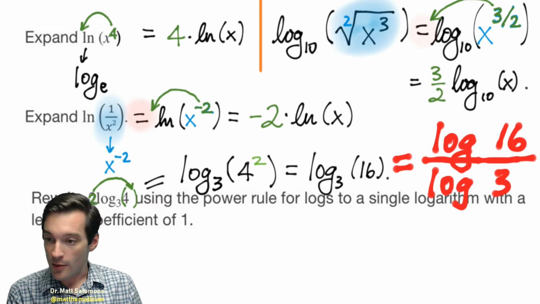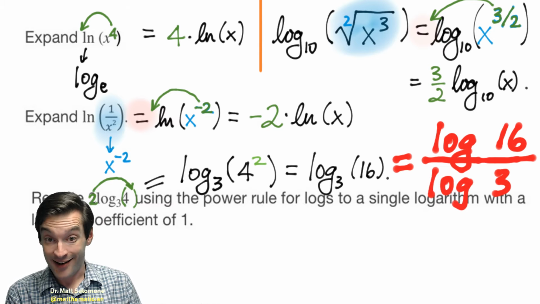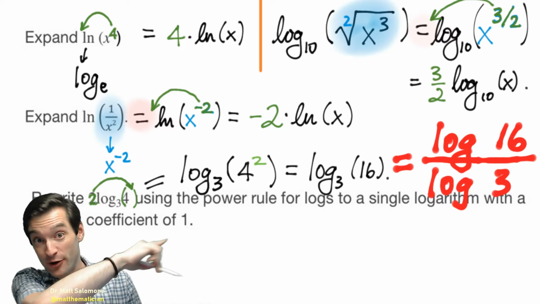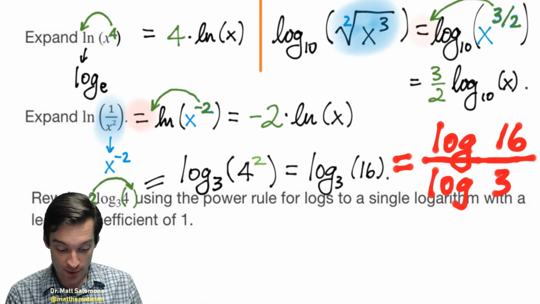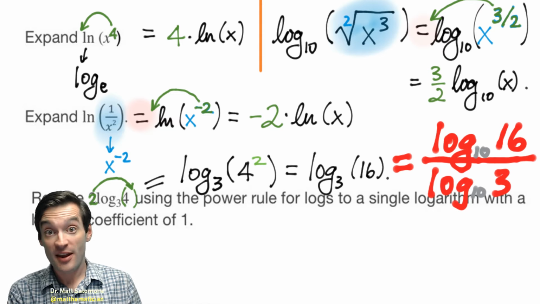And you'll say, well, what are the bases for these two logs on the right-hand side? And the good news is, it doesn't matter. You get to pick any base that you want. As long as you pick the same base for the numerator as you do for the denominator, it does not matter at all. So I could make this log base 10 of 16 and log base 10 of 3,